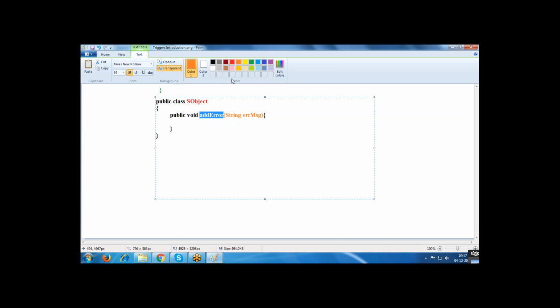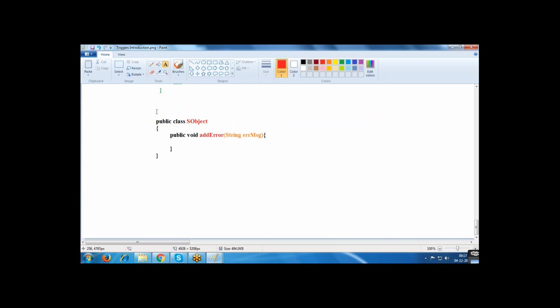By using this addError method, we can generate error messages whenever we are performing DML operations.